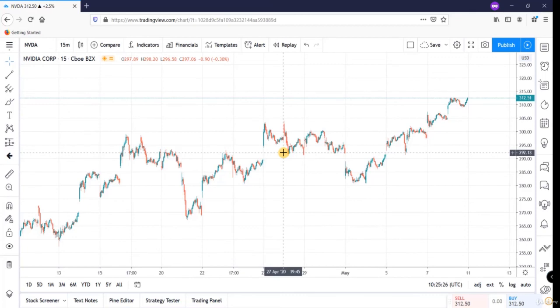Knowing a trend is very important because trading in the same direction of the trend is very beneficial for us. If you are a beginner, I don't suggest to trade in the opposite direction of the current trend. I would recommend you to trade in the same direction of the trend and after getting experience, you can also trade in counter trend direction, but in the beginning, I would suggest you to trade in the same direction of the trend. In uptrend, we should focus on long position, we should buy the stock and in downtrend, we can focus on short positions. Short selling is a different concept that you will learn in the next lecture.